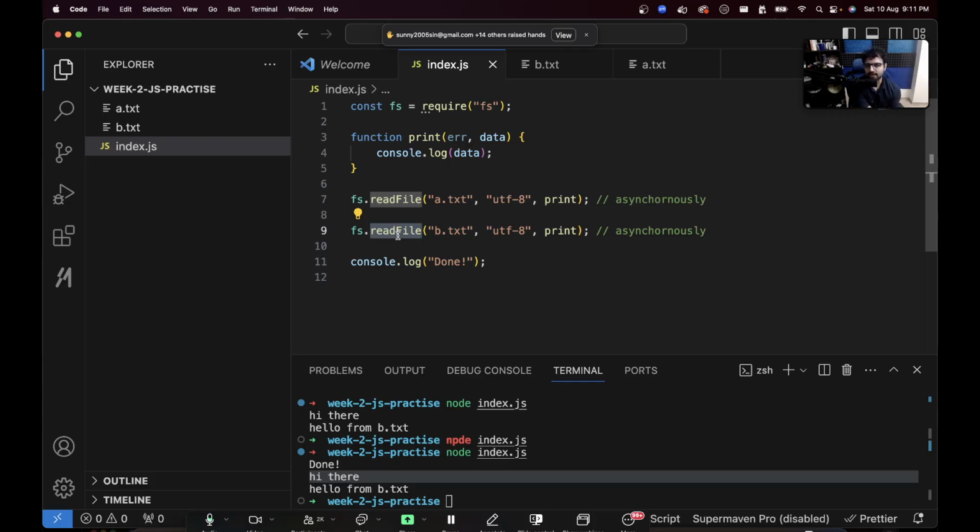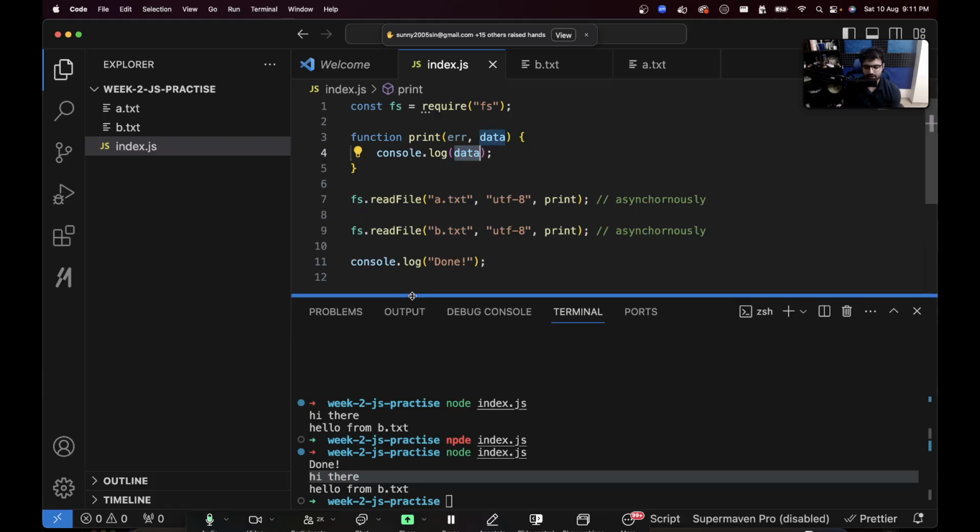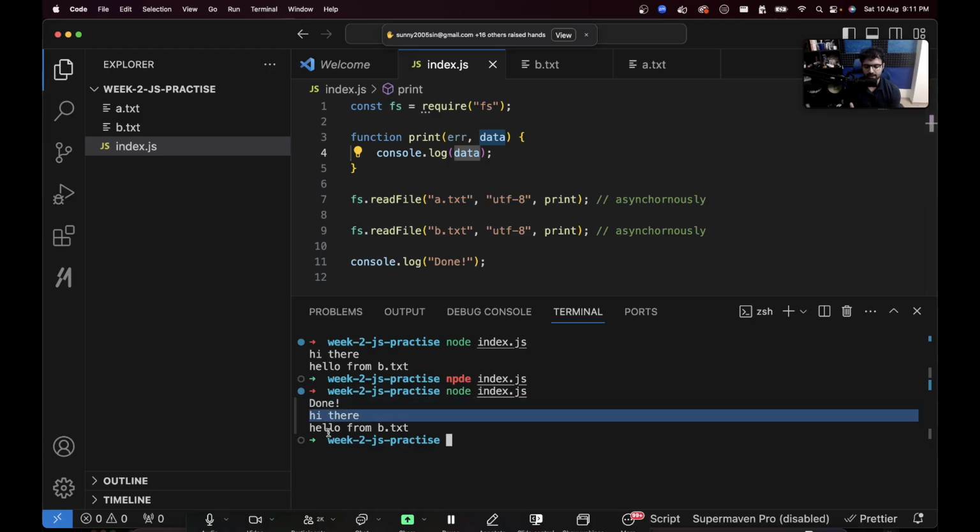You are not synchronously waiting for the IO to happen. Whenever the input output succeeds, it will call back the third argument. It will call this function that you have registered with it, just how we in the last slide did functional arguments. And then here you'll do a console.log of data. This is why first this gets logged, and then eventually a.txt is read, print gets called for a.txt, eventually b.txt is read, washing machine is done washing your clothes, and then the data for that gets logged. That is why first you see done over here, then you see hi there, then you see hello from